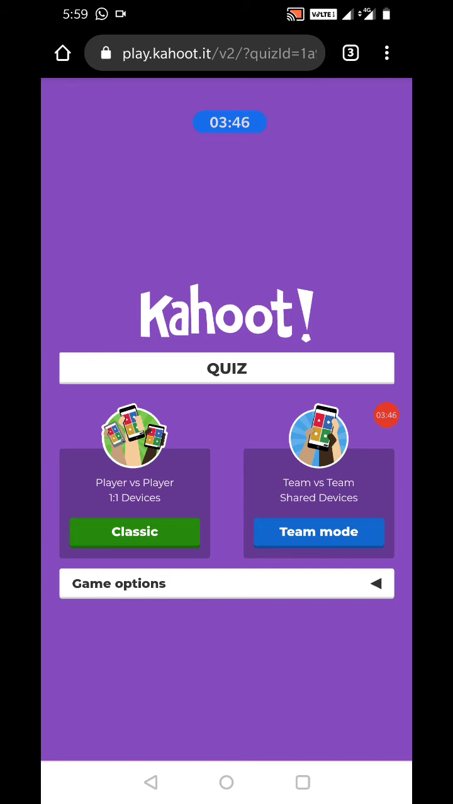Now classic or team mode, again 2 options appear. For teaching purposes, classic mode is used because classic is individual mode. In team mode, it is kind of a group discussion assessment, where one question is given to a particular group. Those members of the group will discuss and they will give the answer. So for teaching, this classic mode is more appropriate. On clicking on classic,